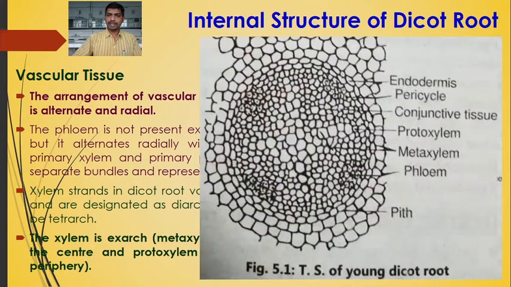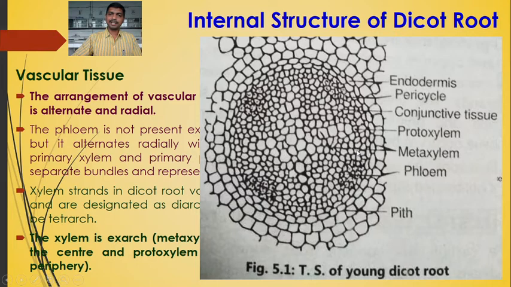More clearly, if you zoom in, this is the phloem bundle, this one is the xylem bundle. Phloem bundle, xylem bundle. So phloem and xylem are present in different vascular bundles. Similarly, if you see their arrangement, it is radial and alternate, meaning in the vascular bundles the xylem and phloem are present on alternate radii. Alternate means one after the other. Suppose here is the phloem, then xylem. Here it is clearly seen: this is the phloem, this one is the xylem. Phloem, xylem, phloem, xylem, phloem, xylem.